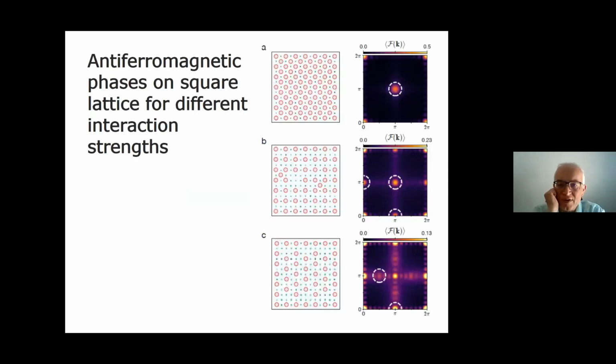So here are some results for a 2D lattice, where we change the spacing between the atoms relative to the blockade radius. In the simplest situation, which would be like the Z2 order in 2D, where basically the blockade radius is just the 4 next neighbors, then we see this nice and very simple checkerboard pattern or chessboard pattern, where one Rydberg atom is accompanied by 4 next neighbor ground state atoms, and then diagonally we have Rydberg atoms. When we increase the blockade radius so that the blockade includes not only the next neighbors, but also